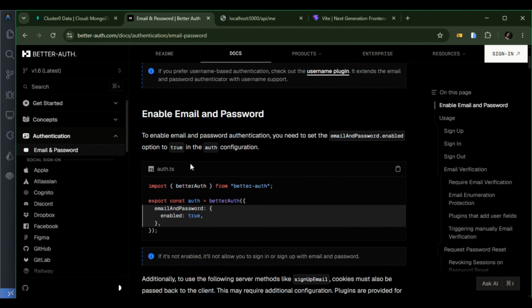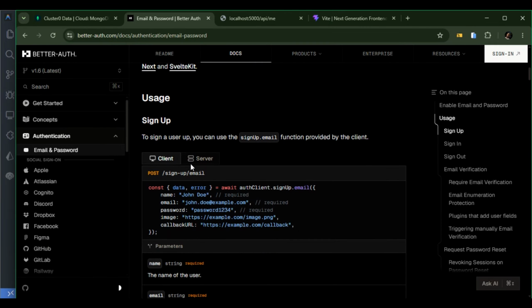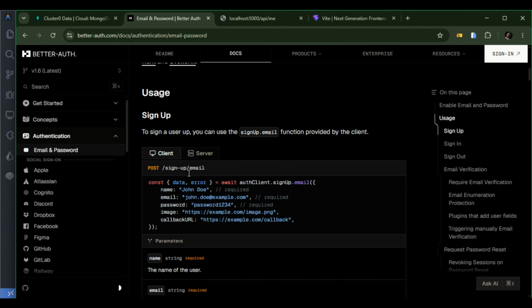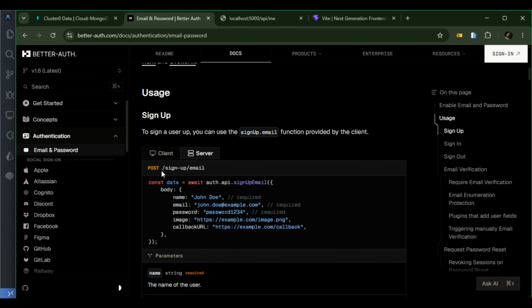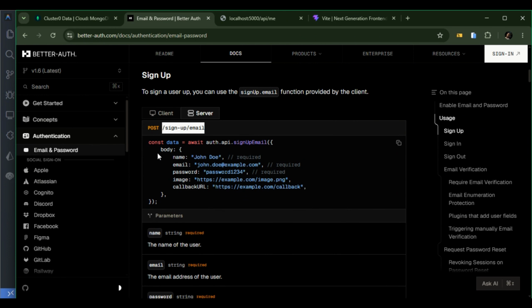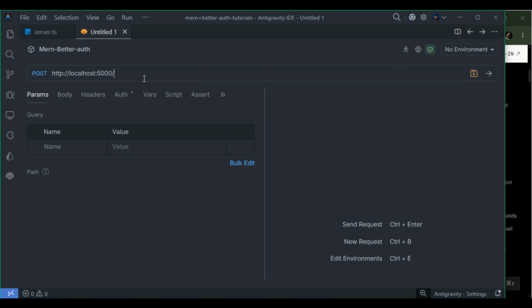Here we should be looking for a route, this one here, which is POST, and the server you can see it is still POST, that is sign up with email and password. Then you're going to choose this one here, so that's the body. So here we're going to choose this one here,